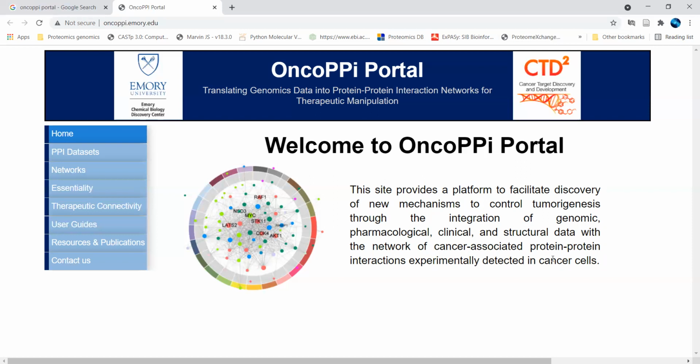So not only will you find the protein-protein interactions associated with cancer, but the data in this Onco PPI portal consists of interactions of proteins that have been experimentally validated using cancer cell lines with respect to the different cancer types available in this portal.